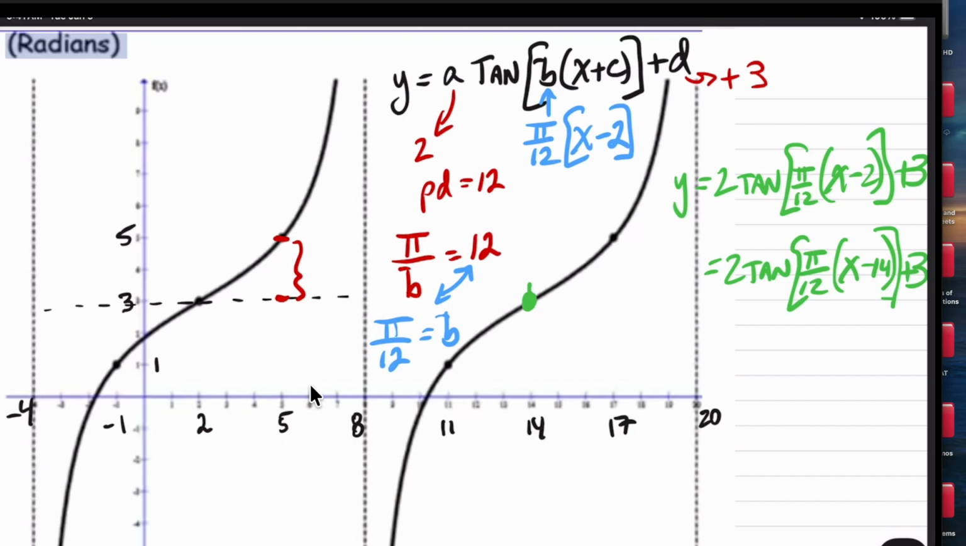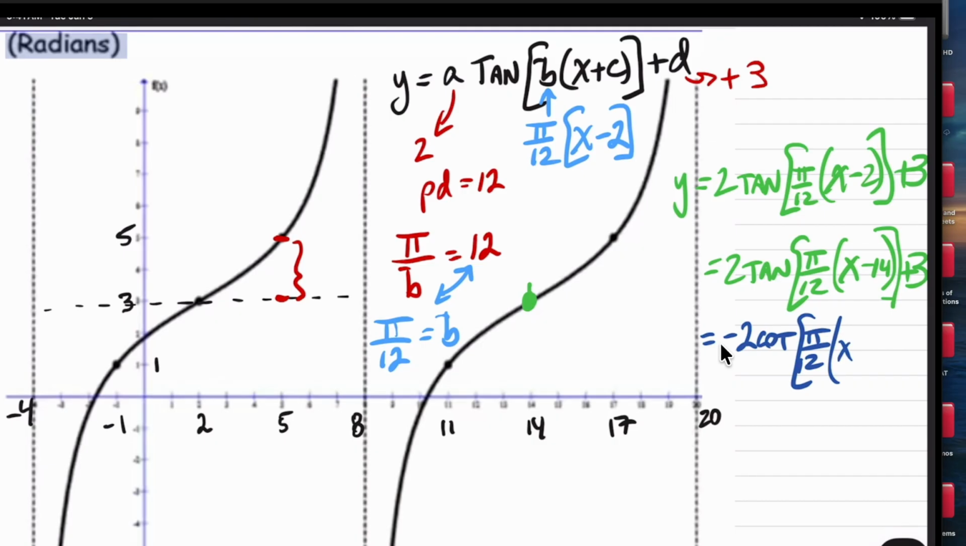Folks, let's take this same graph and write an equation for cotangent. As you know, the cotangent normally decreases. This is an increasing graph, so that means we're going to do a reflection by adding a negative. Now, most everything stays the same. The only thing that's going to change is the phase shift. So we have the negative in front, the cotangent, pi over 12, and now the phase shift is going to change